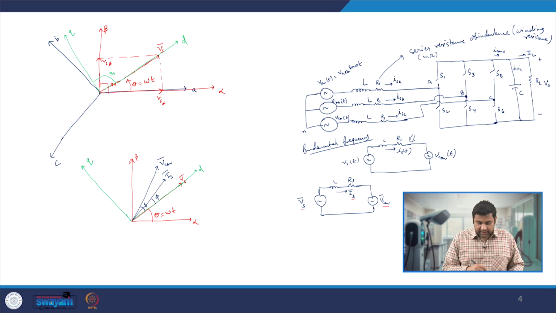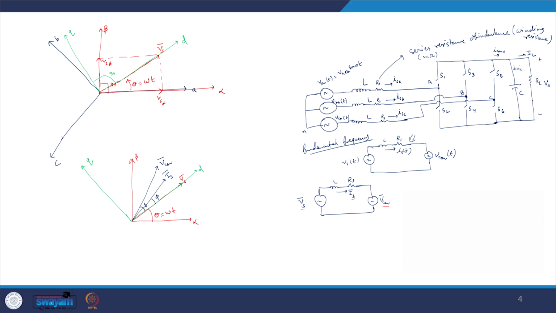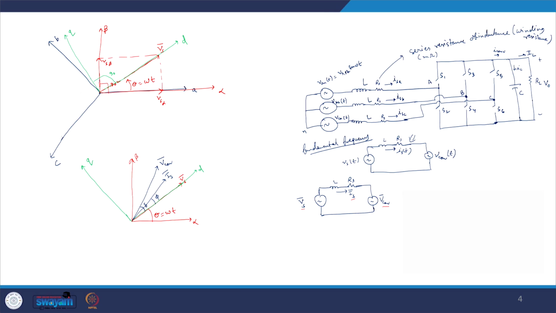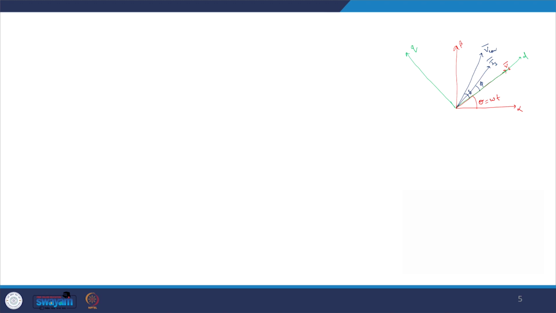Now, if you look very carefully at this particular space vector diagram, let us find the alpha beta components and the dq components, and that is when we can define our models in the dq axis frame and the alpha beta axis frame. So, let us write down the Vs space vector in dq axis terms.